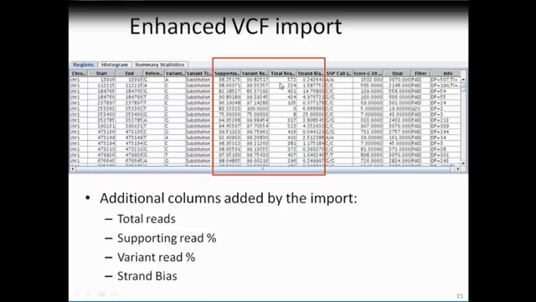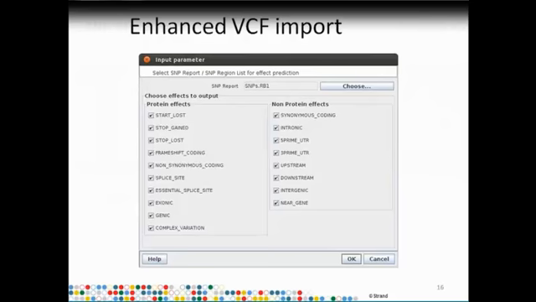One way of viewing all of these results is through the region list operations utility, which is included with the tool. It allows you to investigate any of those different columns that were shown in the previous sheet. If you notice, there were columns for the total number of reads, the supporting reads, the SNP call, the strand bias, etc. By choosing the channel in this drop down out here, we can check the distribution of those values in that column. Here we notice that there are a lot of mutations which result in new Cs and